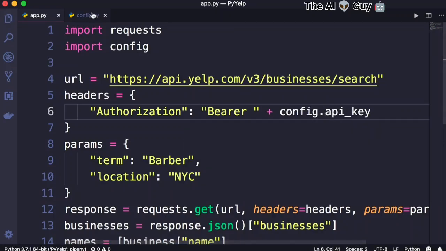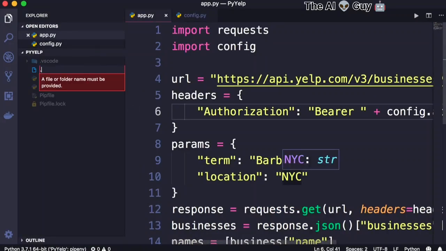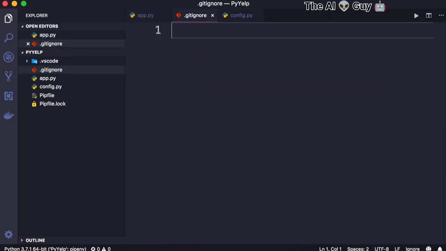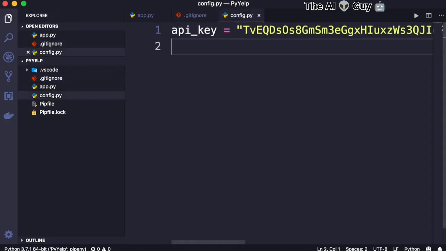Now, to exclude this file from Git, we need to come to our project, add a new file, and call it .gitignore. Here we can specify what files and directories should be excluded from our Git repository. So currently, that is config.py. Save the changes. So now when we push our code to a GitHub repository, our config file will not be